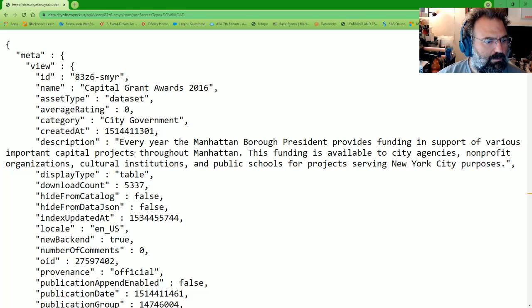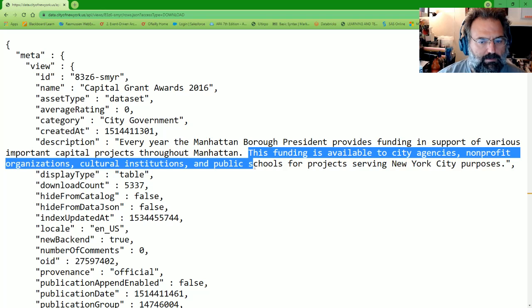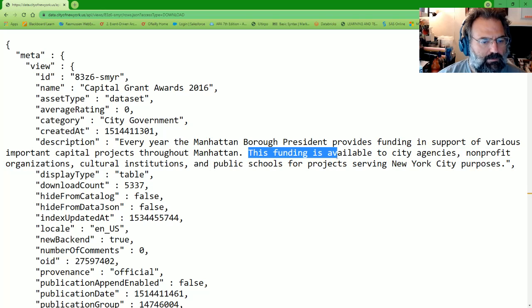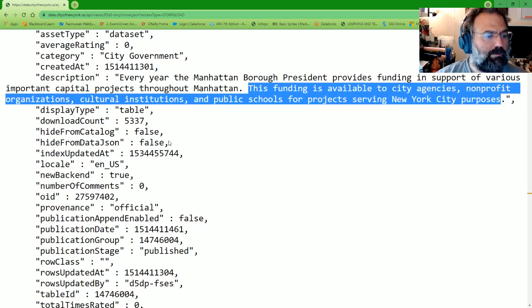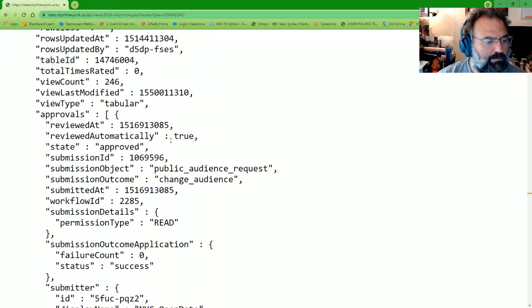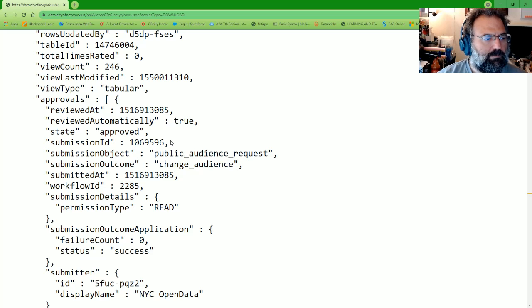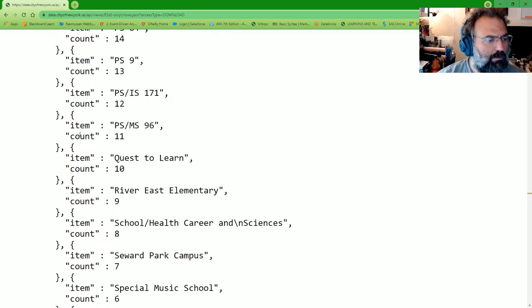It's just telling you what capital projects are through Manhattan, available to city agencies, nonprofit organizations, cultural institutions, and public schools. So interesting data, but a very narrow sort of data for one particular year, and it's available through the whole open government sort of stuff. Here are the columns that we've gone through,